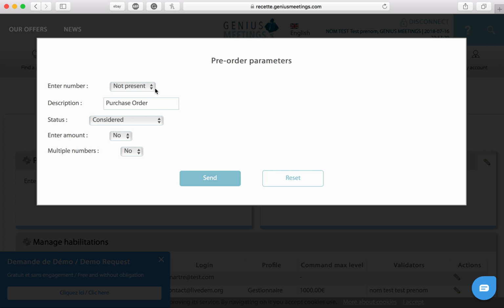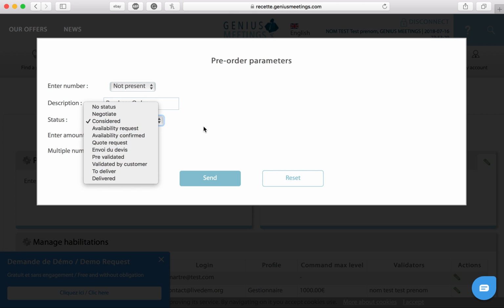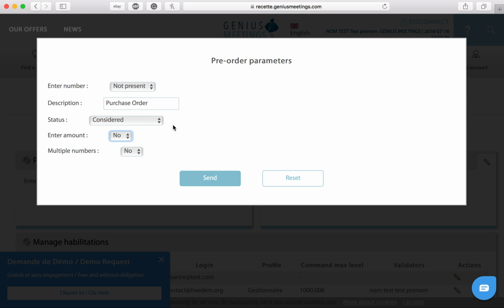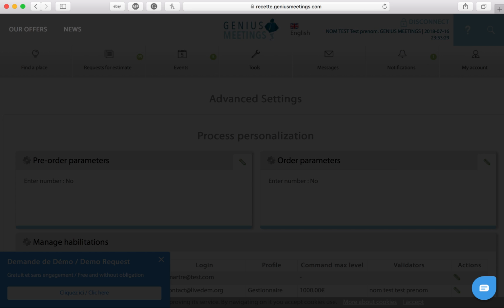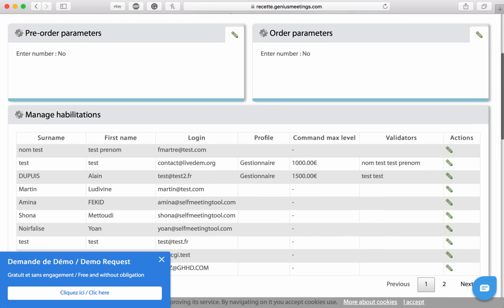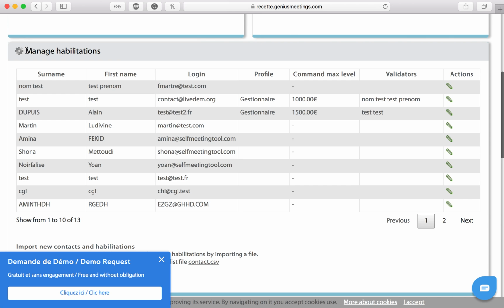modifications by entering a number, and you can change the status, enter amount, yes or no for multiple numbers, and then you click send. For this example, we will head down here to where we can manage the habilitations, where the various login info is